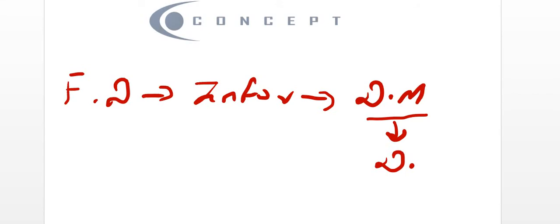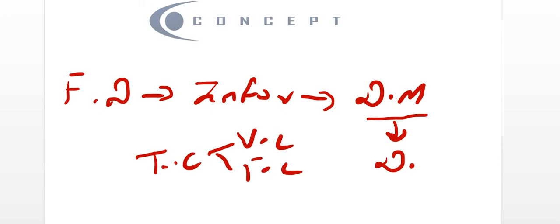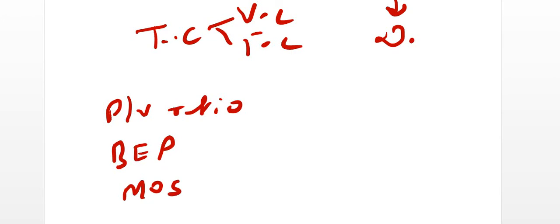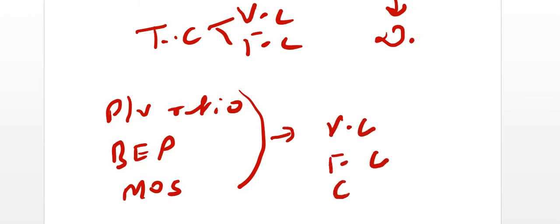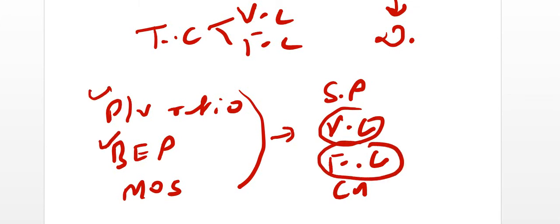Now still the question is pending, why we are going for the bifurcation of the total cost into the variable part and the fixed part. Now for that we need to understand that PV ratio, or if I'm talking about break even point, or if I'm talking about MOS or any other formula which is of the marginal costing, requires parameters like variable cost, fixed cost, contribution or selling price. Now you need to closely follow that variable cost and fixed cost are required in order to use this formula, and that is where marginal costing technique comes into picture.